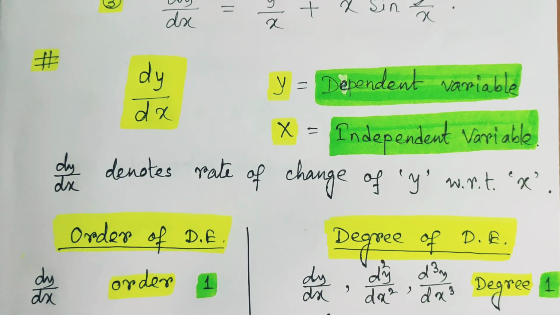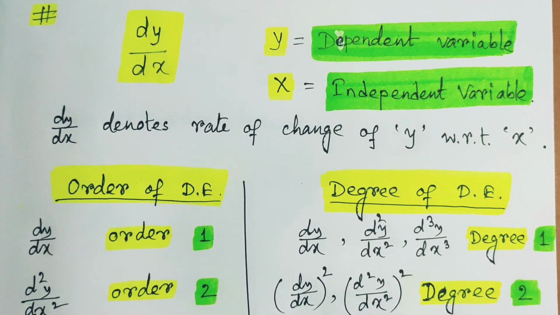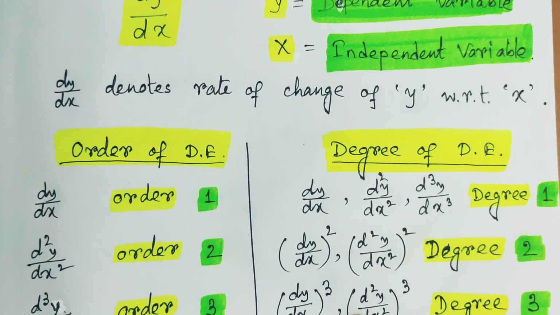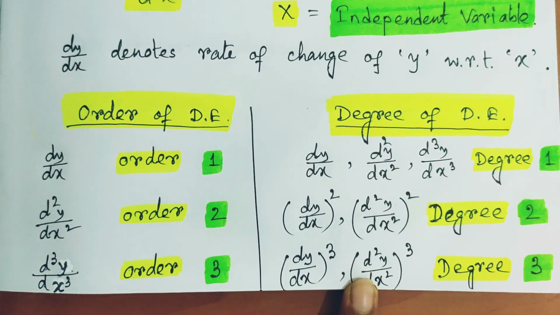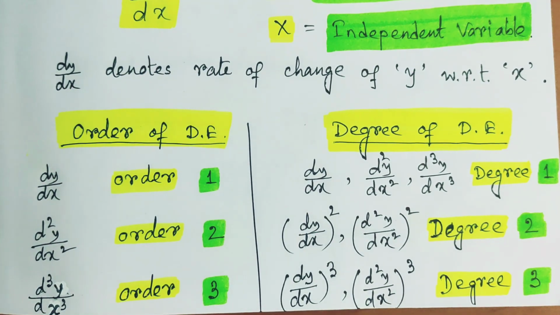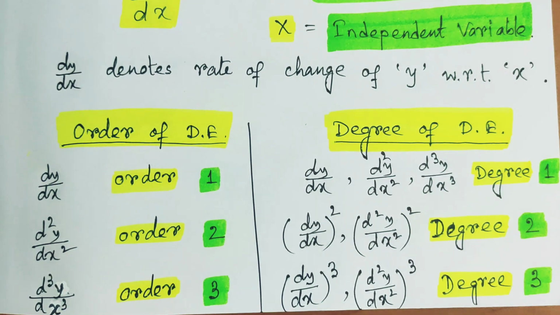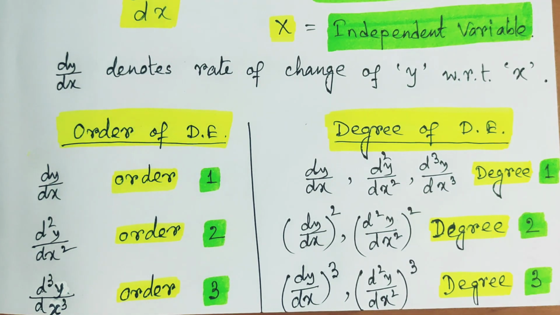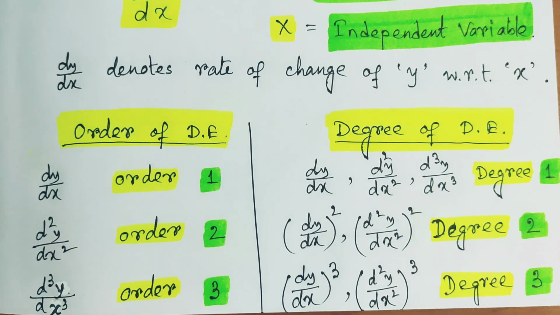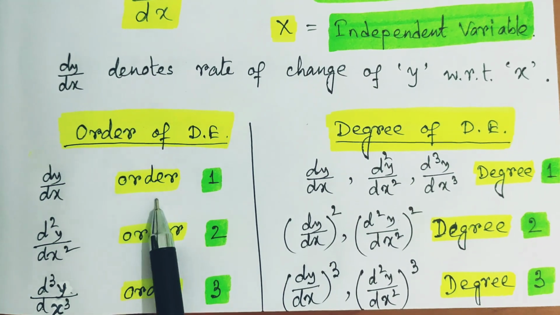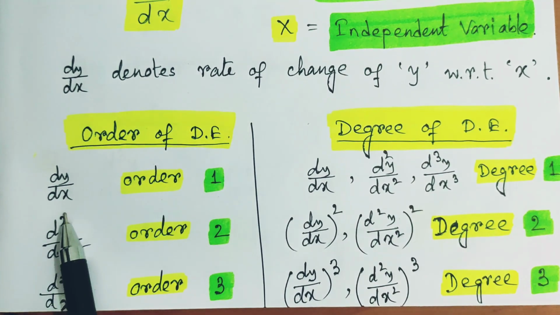Now we come to know about the main aspect of a differential equation, that is the order of a differential equation and the degree of a differential equation. So how we measure the order and the degree? For that, in any differential equation, dy/dx term should be involved. So that dy/dx you should observe very minutely. If you find in an equation only this dy/dx type of term is involved, then its order should be 1 because it is the first order derivative.